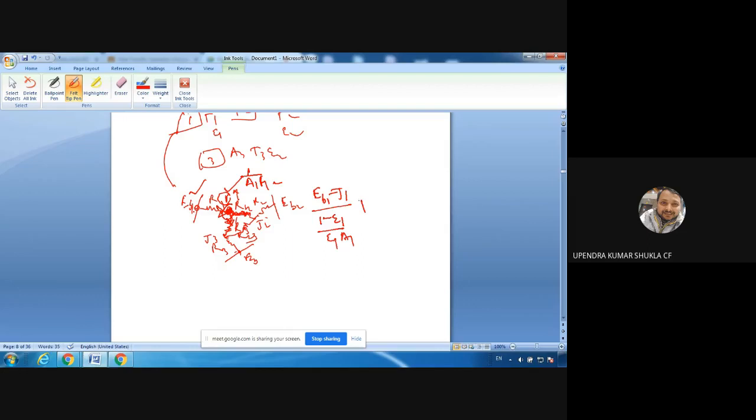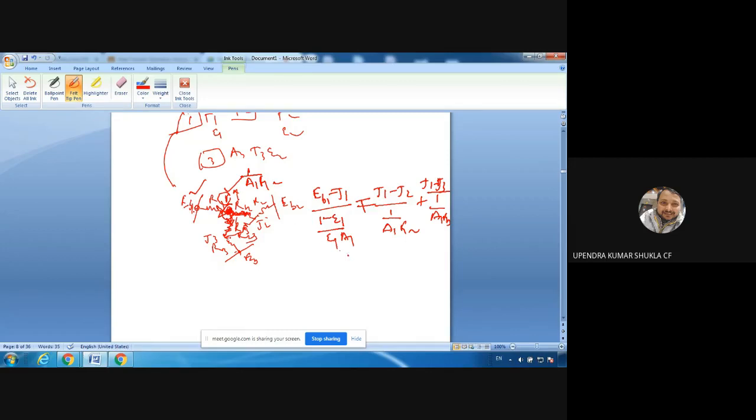Plus, now I will write, is equal to, on the other side, J1 minus J2 goes in one direction, plus J1 minus J3 goes in the other. Now the first divided by 1 upon A1 F12, and the second divided by 1 upon A1 F13. Now this is equal to this.